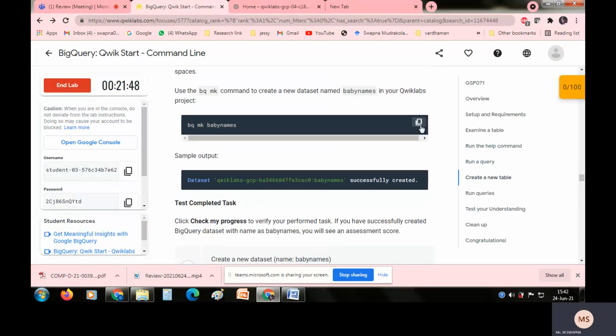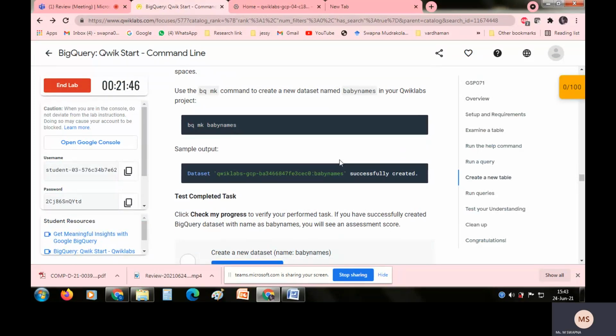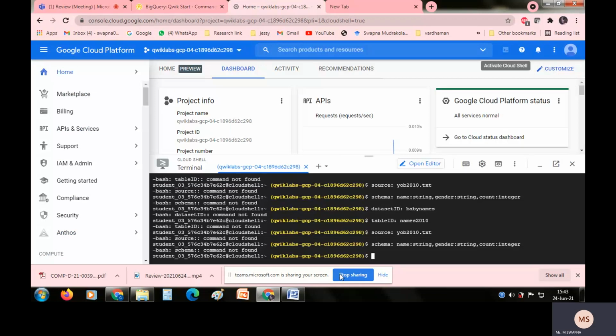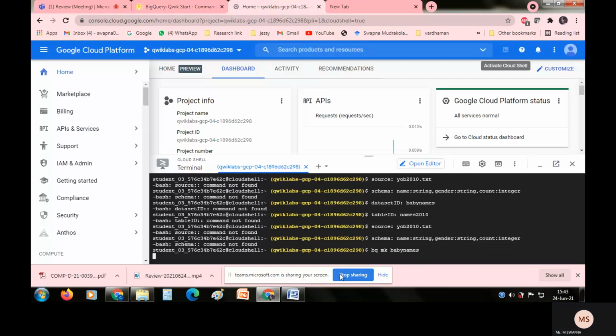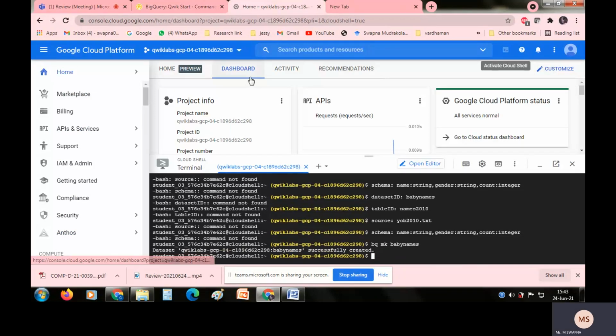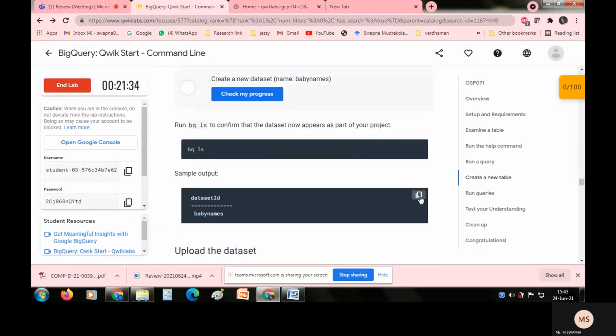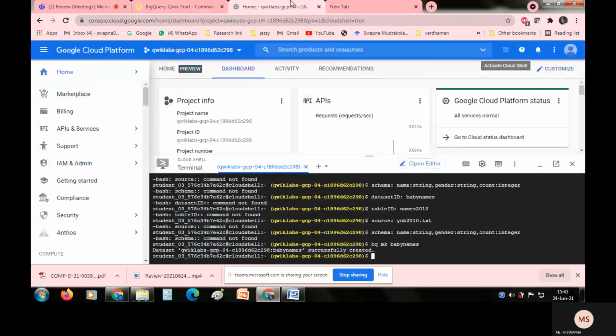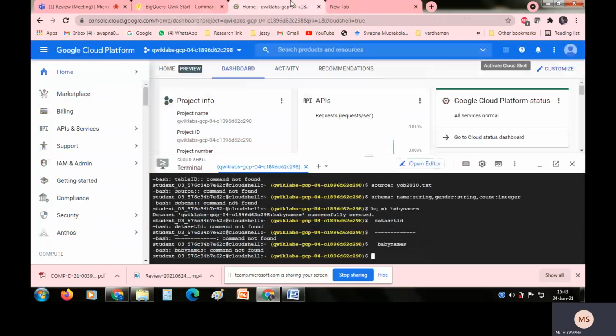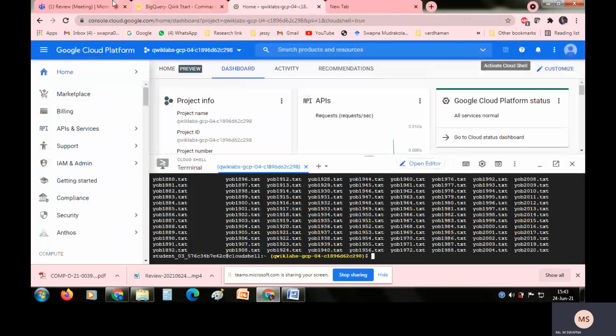We did not make that once again. We missed the step. You have to make the data set. The data set you have to make first. Even you have to find the data set here. ls. If you find even the data set, maybe it went. So once you have uploaded the data set, just go on your